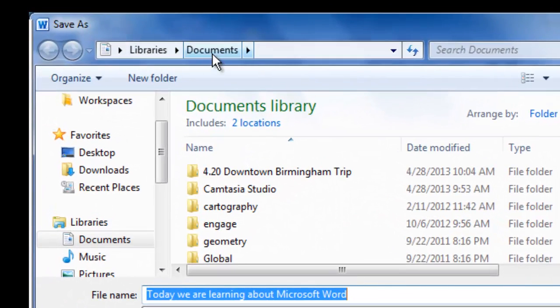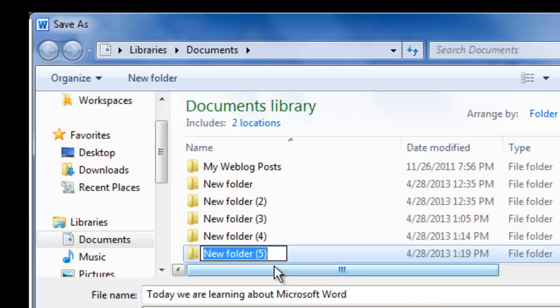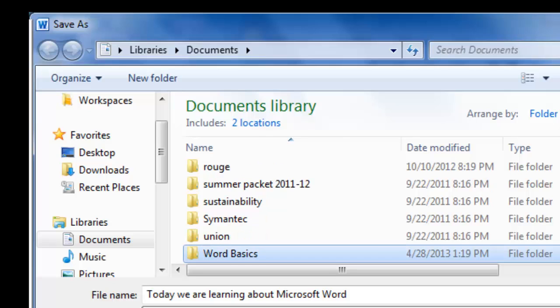And I'm making sure that it's going to my Documents folder, which is exactly where I want it to go. Now, just for organizational purposes in the future, I would recommend you create a new folder. I'm going to call this Word Basics. That way, later on, if I'm looking for this document, it's going to be easier for me to find. I'm going to click Open that document,